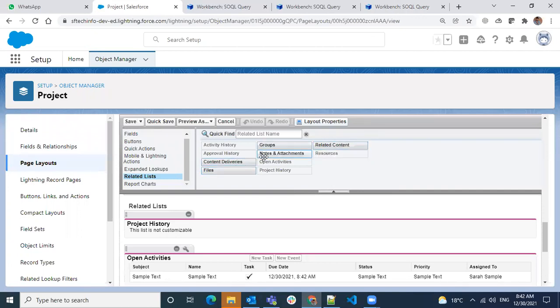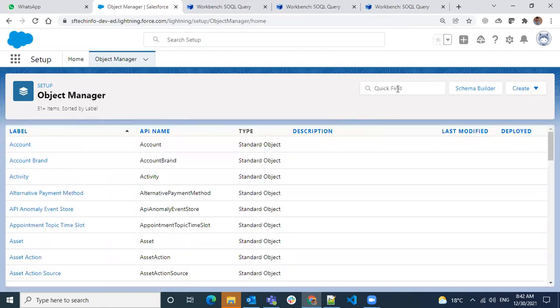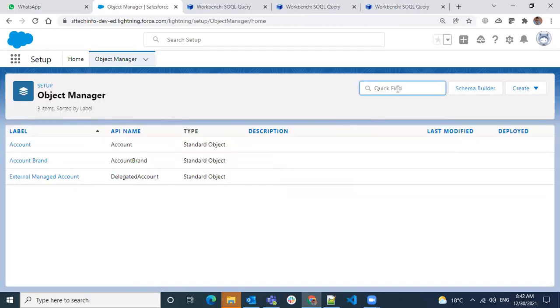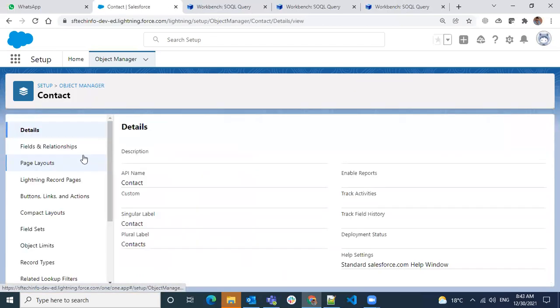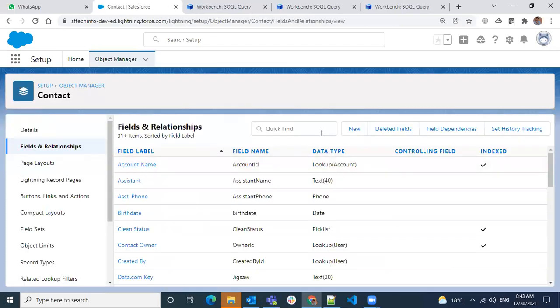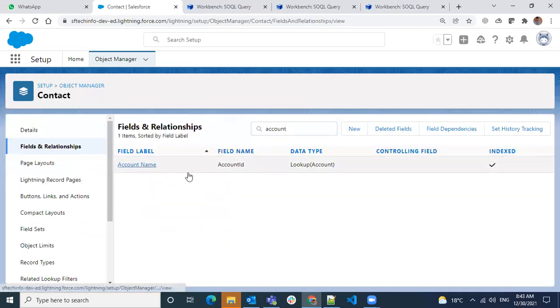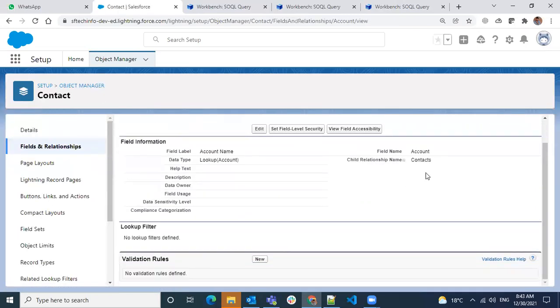Before I jump on this, I'll use a standard field and explain first, then we'll come back here, so I don't confuse anyone. Account and contact also have a standard relation. If I go to the contact object, we have the account lookup. If I open this field, we again have the child relationship name.